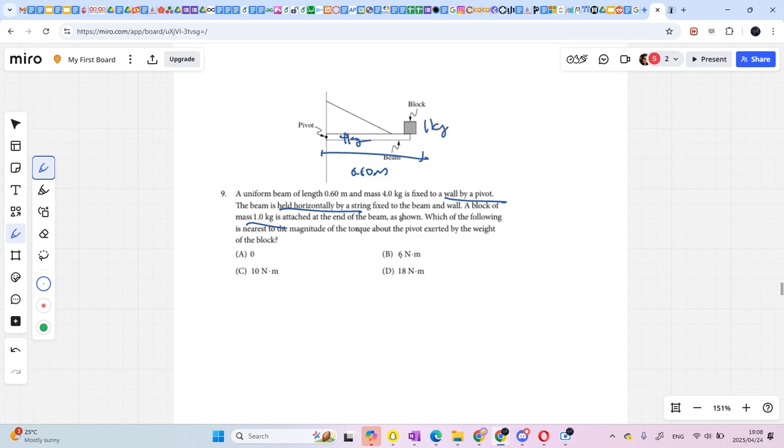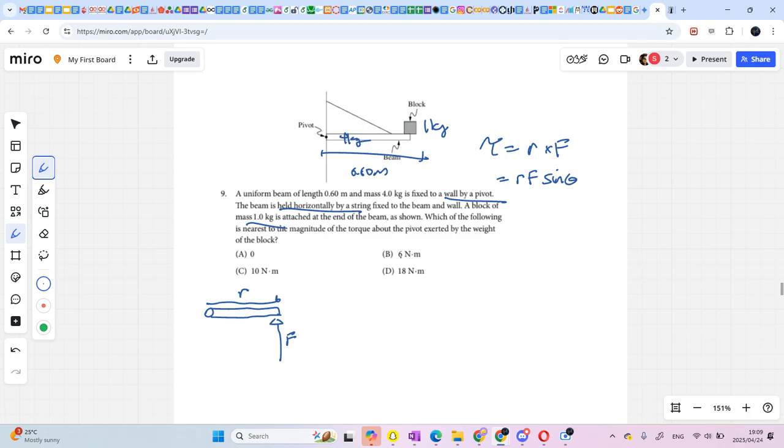Which of the following is nearest to the magnitude of the torque about the pivot exerted by the weight of the block? So, torque is equal to R cross F, which is equal to RF sine of theta. For a review, when we have an axle like this, the theta refers to the angle between the lever arm as well as the radius. So if you do the right hand rule here, point your